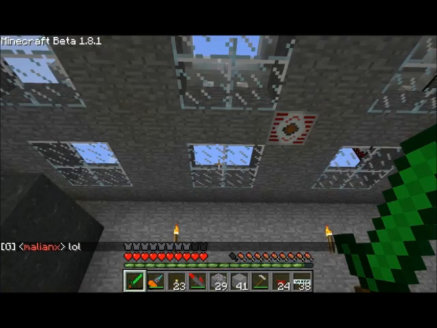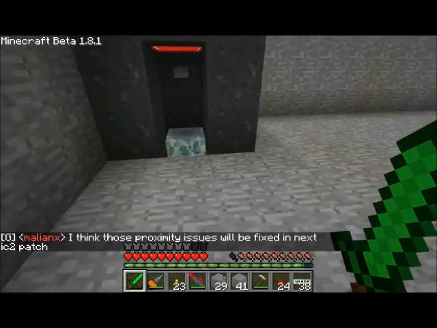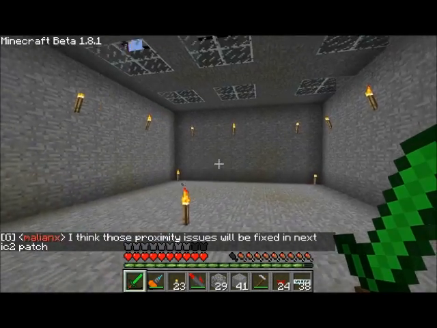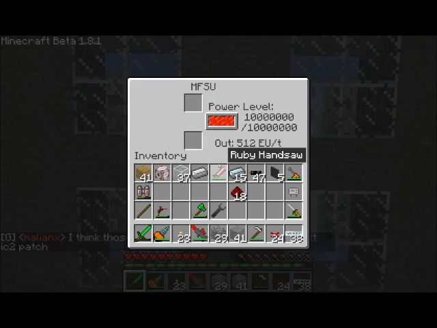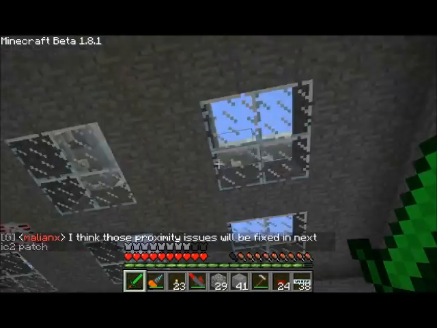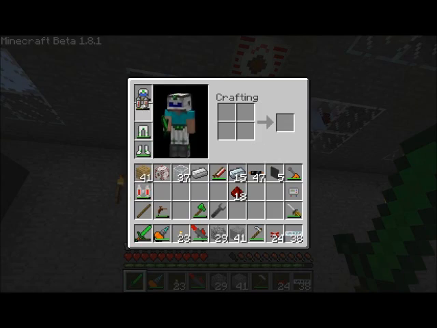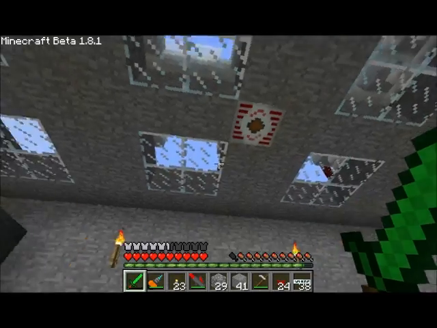Alright guys, so I'm over here in our teleport area. You can see my little teleport pod here. Malyanx was happy to create an MFSU up here, and there's some solar panels up on the roof, and they charged up this MFSU. And what I'm going to be doing is running the power from this MFSU down over